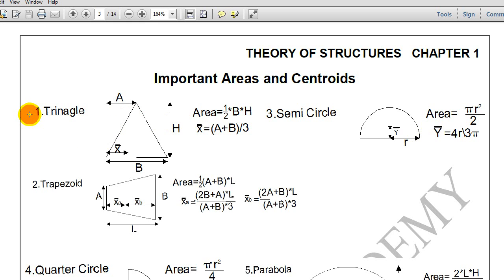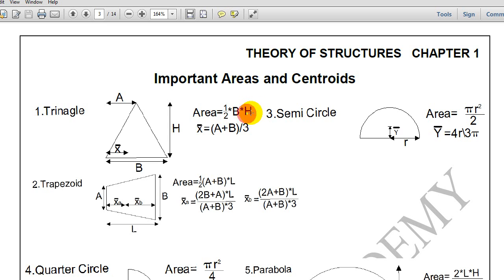So if we take the first triangle whose apex is at a distance of A from the left hand side and the total width is B, height is H, then its center of gravity from the point where we are measuring the apex, x bar, is (A plus B) divided by 3, and area is as common,